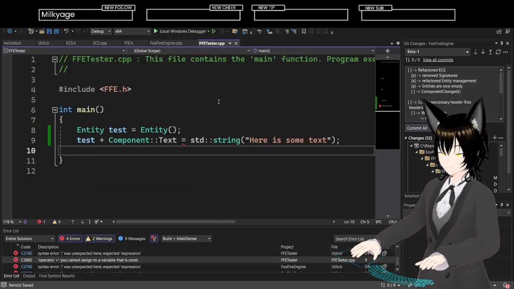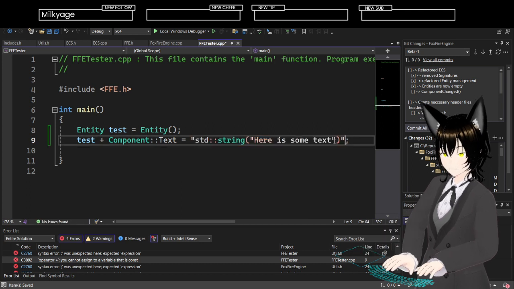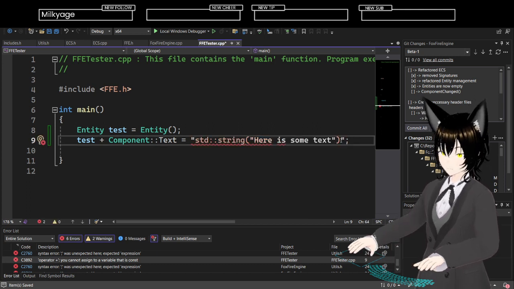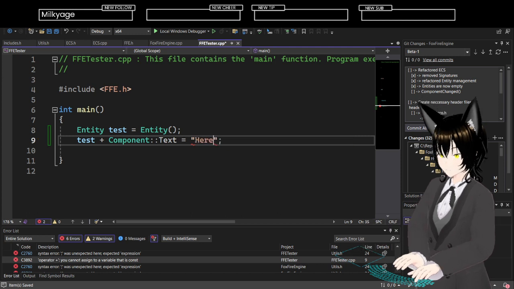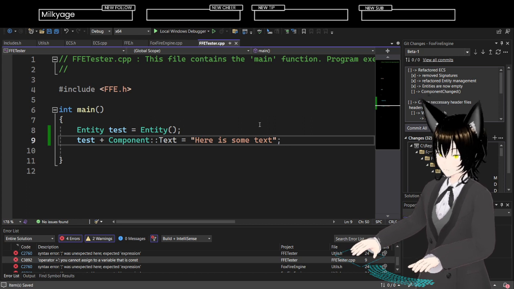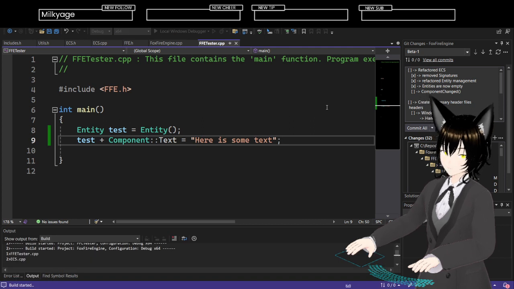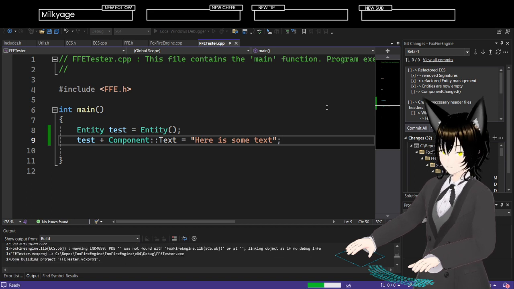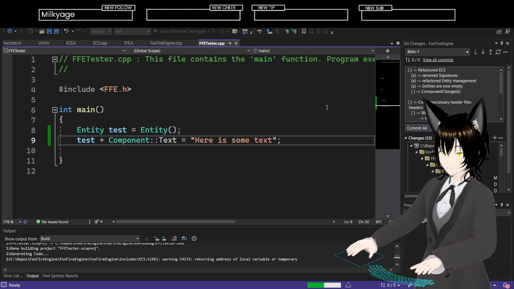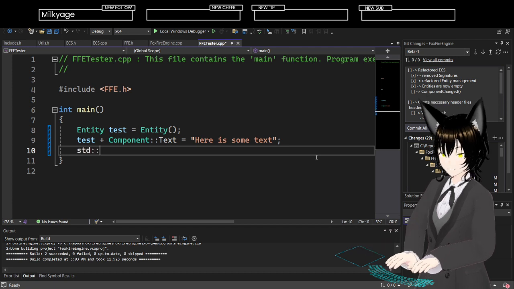I think those need to be not const. Yeah, I'm the genius, because if it's constant, it's not a thing. "Here is some text." Yeah, duh. I'm a genius. There we go. I'm an idiot. Guess who's an idiot? Success, 2 failed. Okay. Because then here I should be able to do std cout